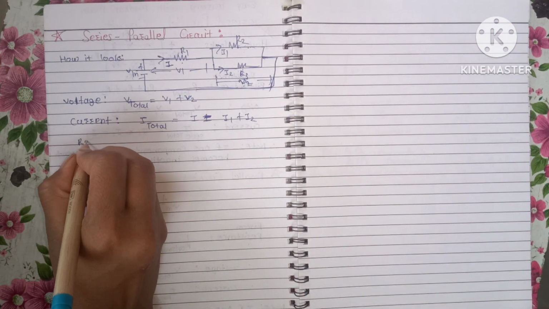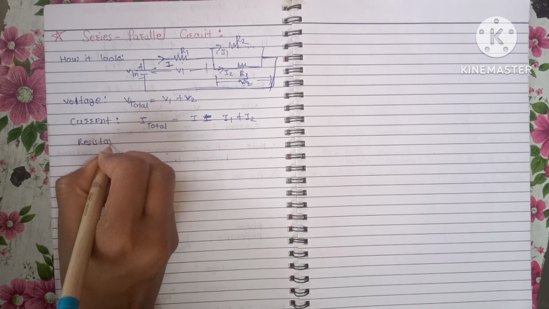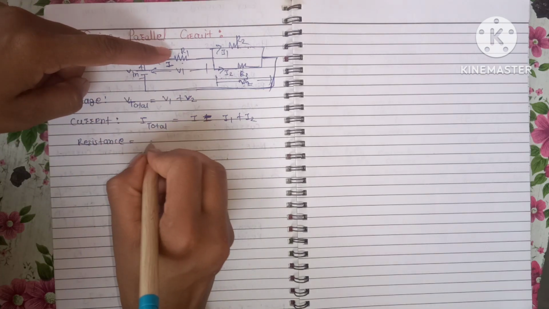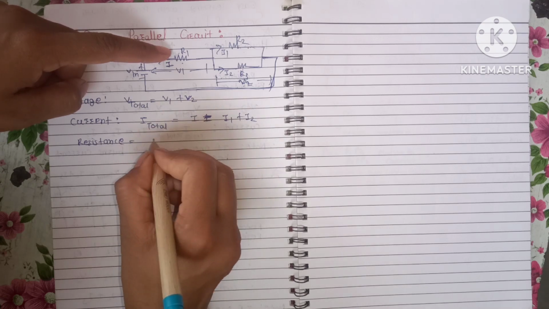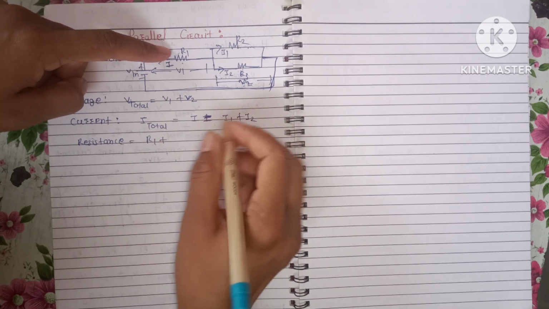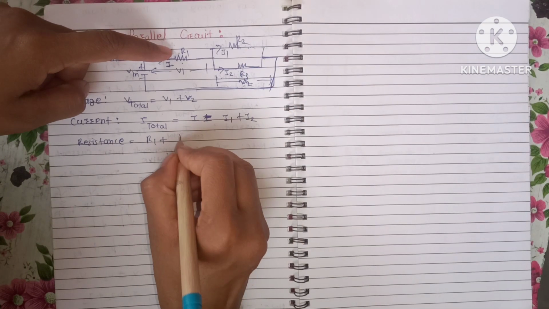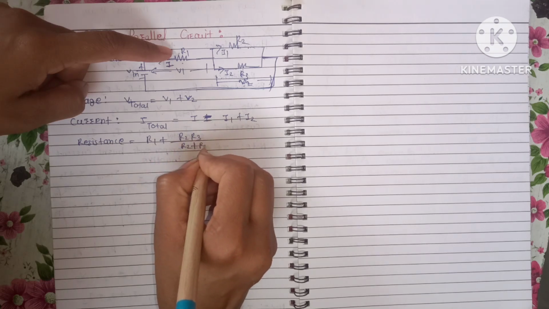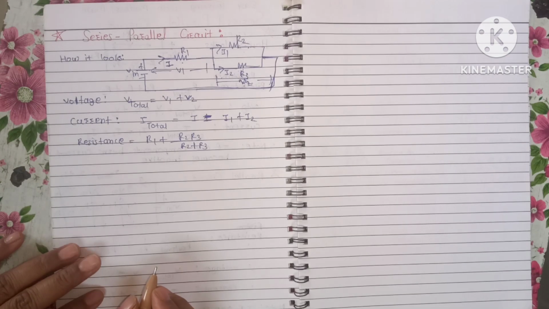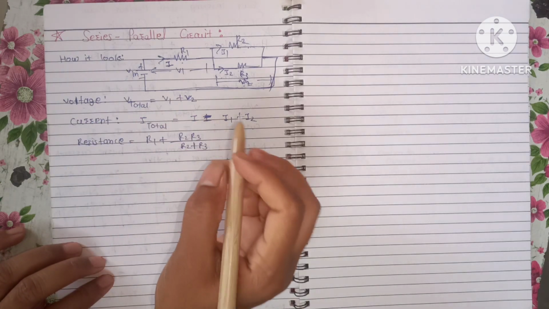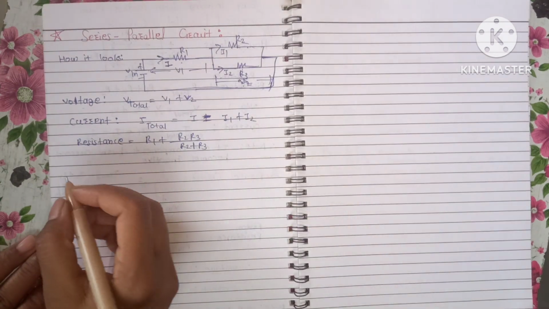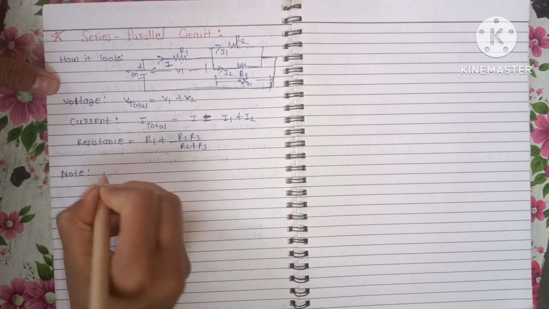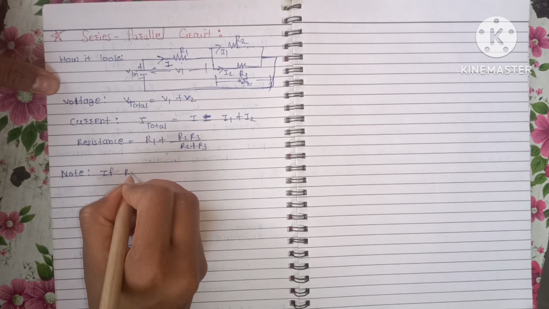Then resistance. How to calculate resistance? This is R1, then it is R1 plus, these two are in parallel, so R2 times R3 upon R2 plus R3. This is our total resistance. Then note that if R1 is burned,